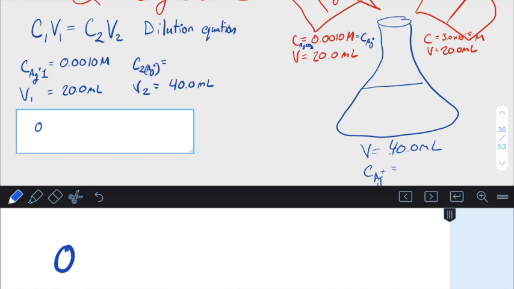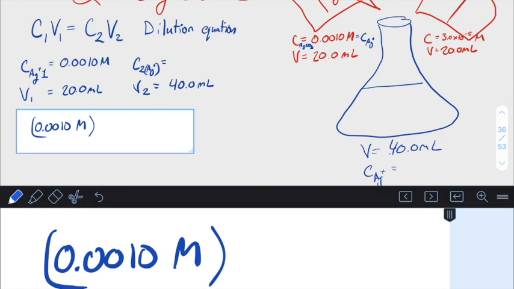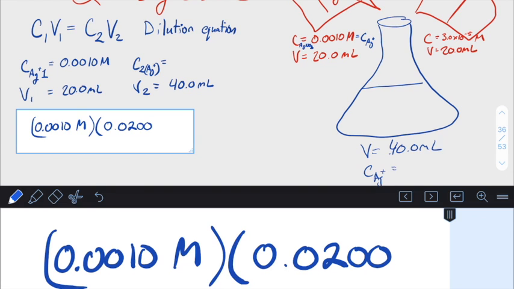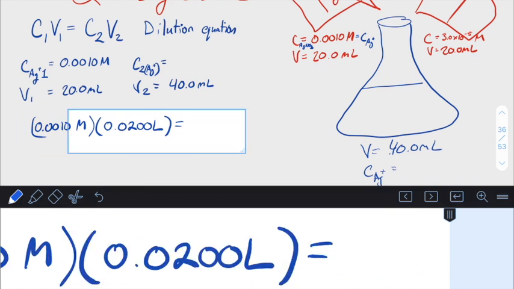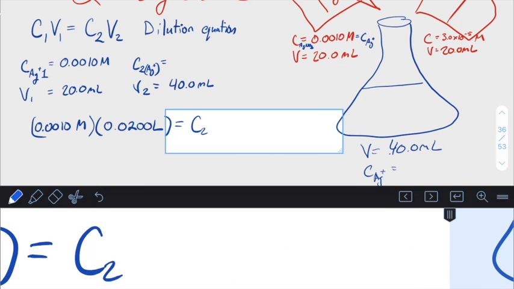We have 0.0010 molar. That is moles per liter, so we should probably convert our volume into liters as well. And we say that is equal to concentration 2 times the volume of